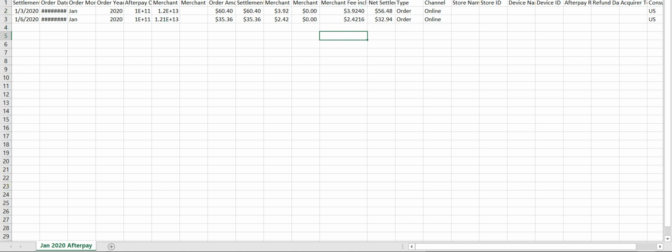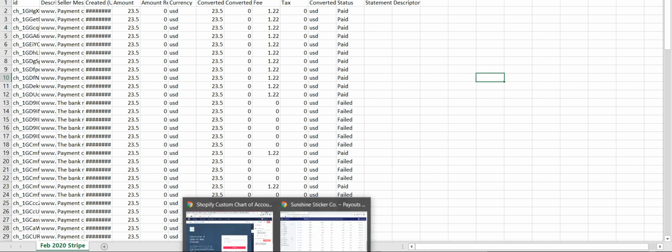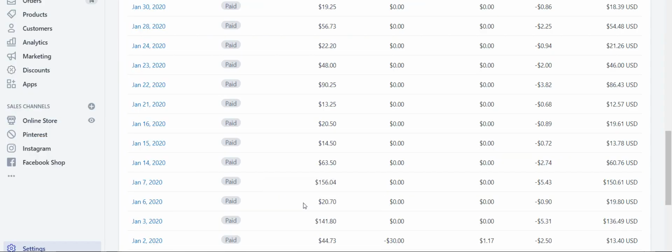Then if you have Stripe, go to Stripe. Now, she didn't have any February Stripe sales. This is the February report, so we're not going to actually use this number in our entry, but I wanted to show you what it'll look like. So Stripe will have these reports too, the sales, and then less the fee. And you want to add up all the Stripe fees. So if we go back to Shopify,